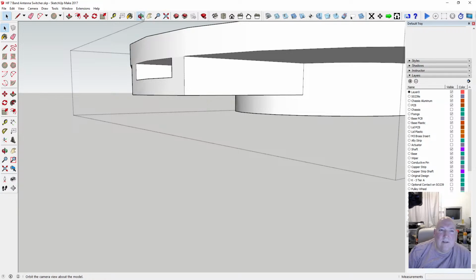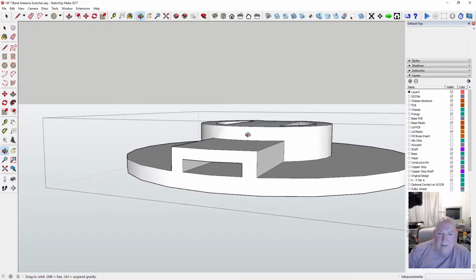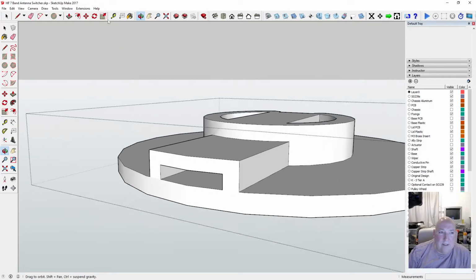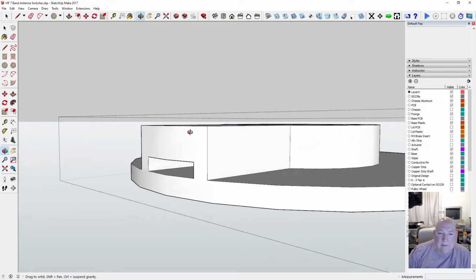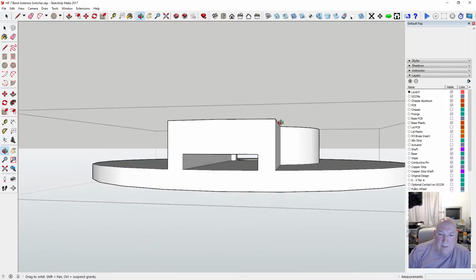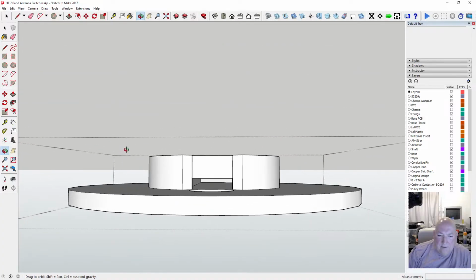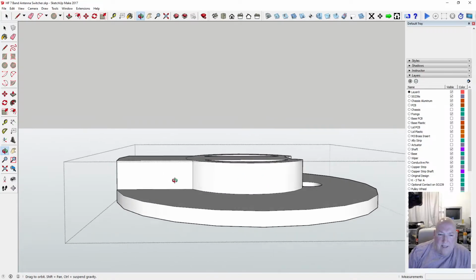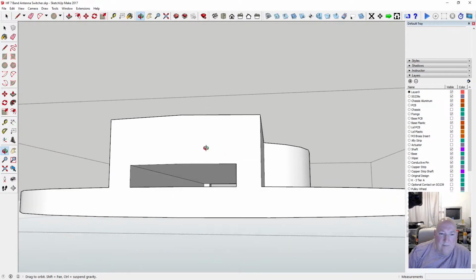Right, let's turn it around the other way. So I could do with it going up the same length as that really. So we can do that easily by just bringing that up to there. Right, now this whole section here is suspect. Hang on. I'll be careful how I do this. So I could just bring that up. Let's tell you what, let's bring that lid up there. Let's just try that, 1 mil.